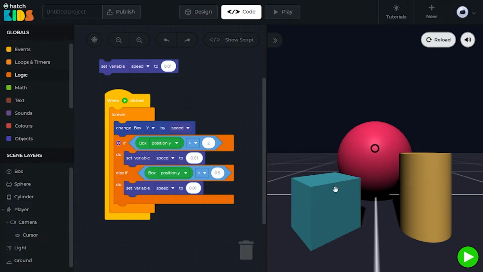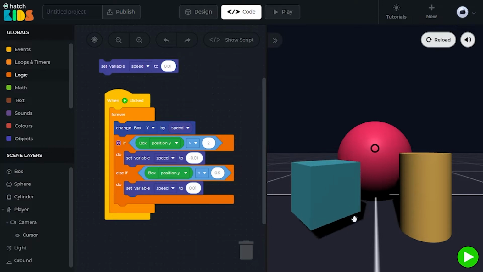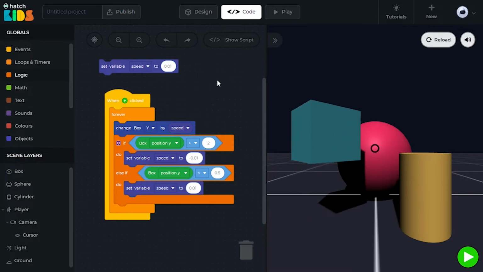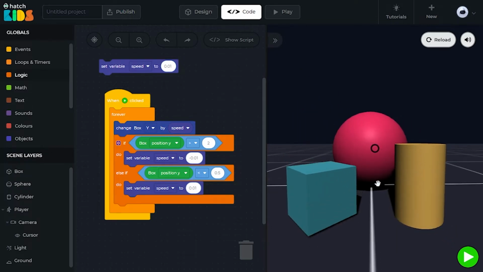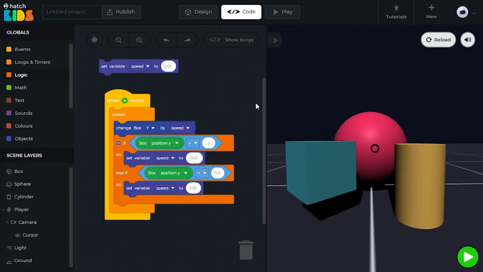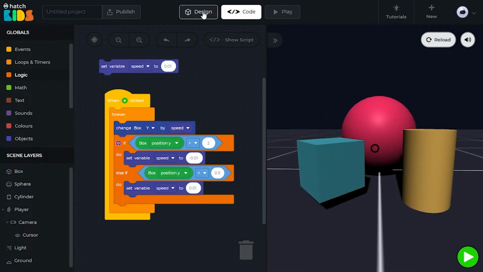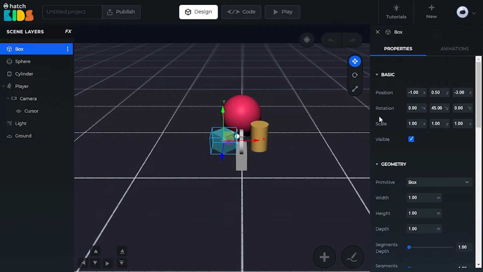Welcome. In this video, we are going to learn about the basics of 3D space. If you have ever used Hatch before or any other 2D or 3D game platform like MIT Scratch, MIT App Inventor, or Unity, or any other 3D platform, you would have noticed that these X, Y, Z numbers keep